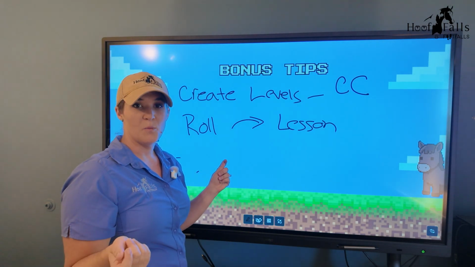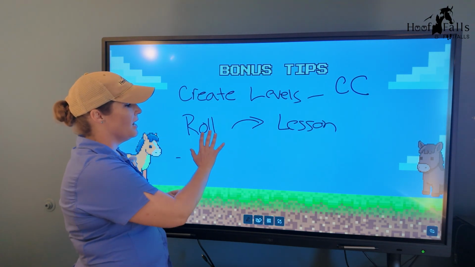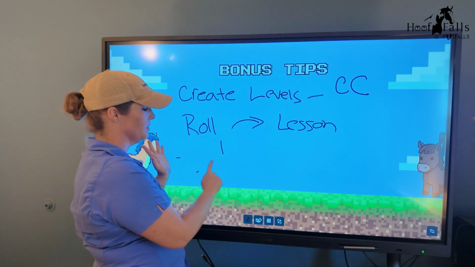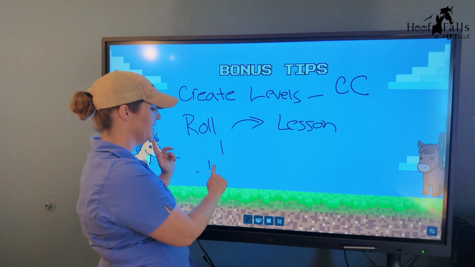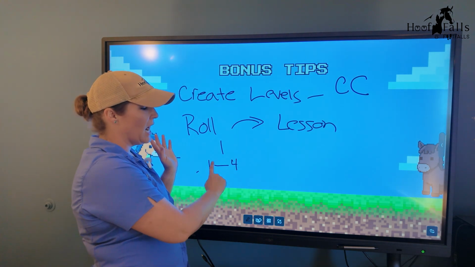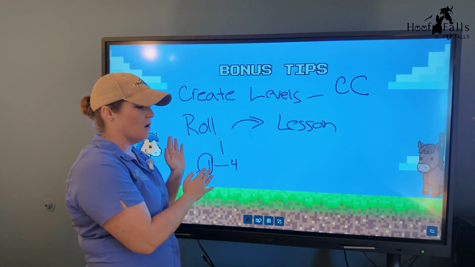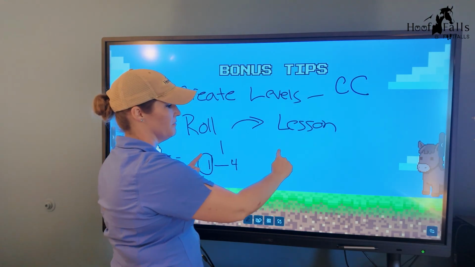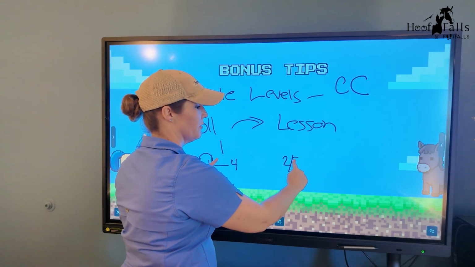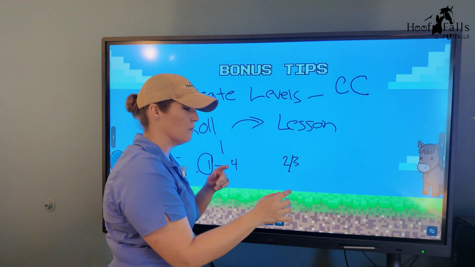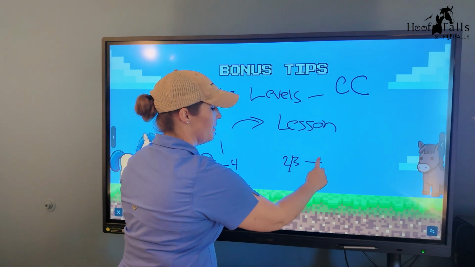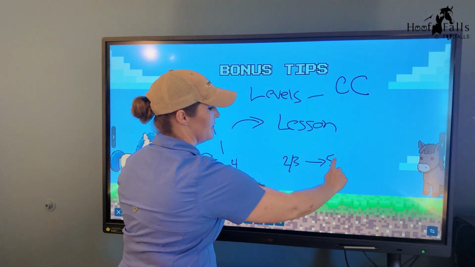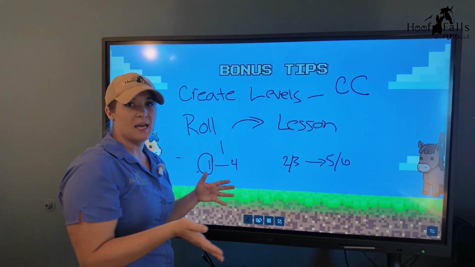If, for example, during lesson 1, my students made it through levels 1 through 4, I'm probably not gonna have them start all the way back at level 1 in the next lesson. I'm probably gonna have them start at like 2 or 3, depending on how they were doing. And then we can progress a little bit further and maybe make it to like 5 or 6 that lesson.